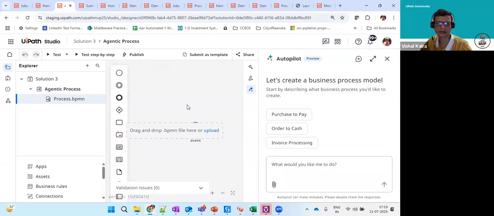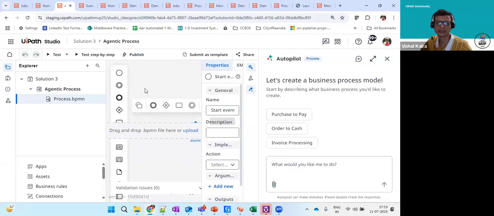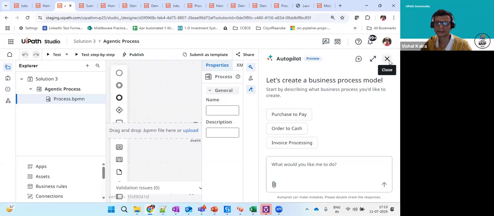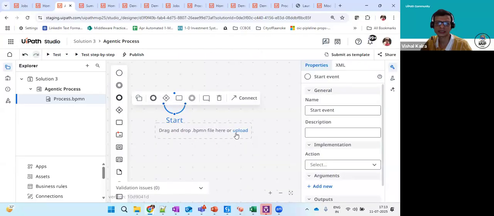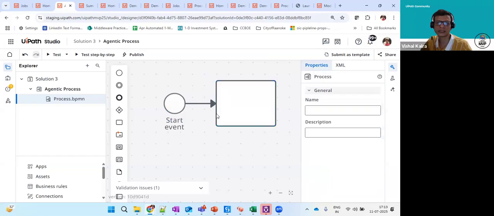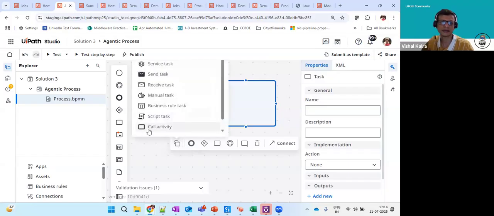That's the pop-up which is coming here. We don't want to use this. Okay, so I'm coming to the start event, and sometimes this messes things up. If you see, it's giving me option to, but I don't want to add something. So I'll simply add a task, and then from the task, I will click on it. I'll get this panel, and I'll say change element, and I will say,